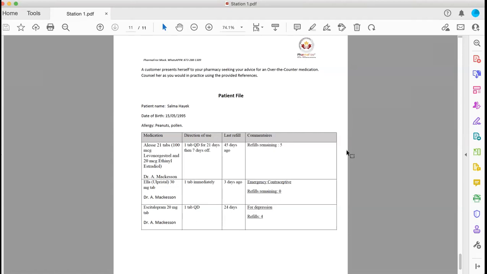Okay, what would be the last time that I should take Ella? Or the maximum, the latest time? Okay, when it comes to this kind of emergency contraceptive, the earlier the better. 120 hours after the last intercourse is the maximum window that you can take Ella within. But again, the earlier the better. So is it okay for you to go into a walk-in clinic or emergency now? I don't know. I can try.